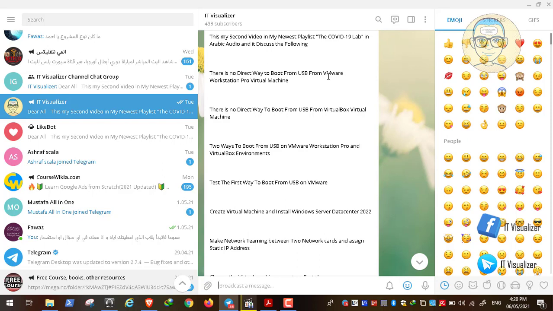This USB contained multiple ISOs for multiple operating systems and multiple bootable images, for example like Hiren's Boot and DaRT. All of this was put on one USB, and this USB was bootable. We will insert it in a virtual machine, and then boot from this USB and install our Windows Server 2022 on the new virtual machine that will be created on the VMware